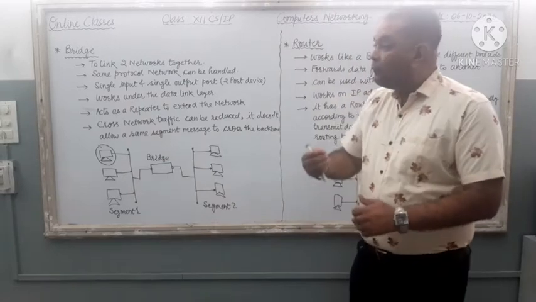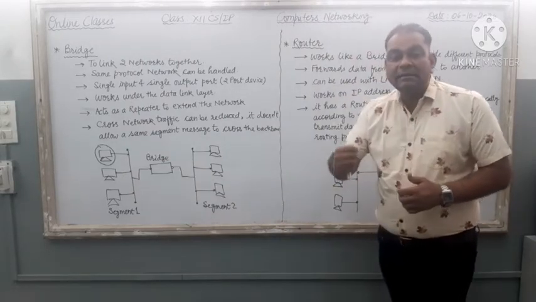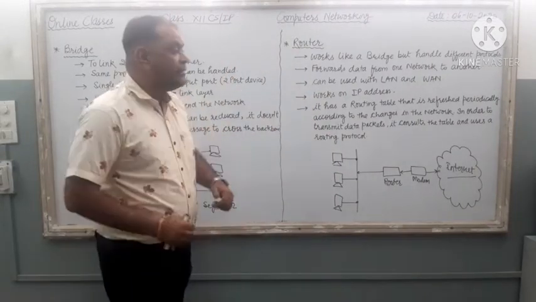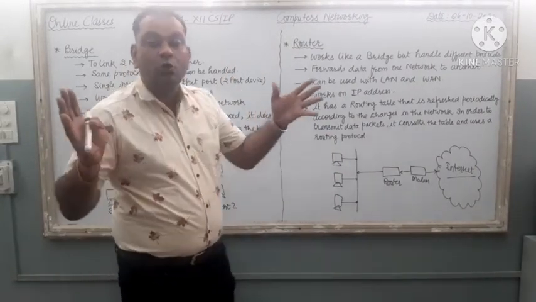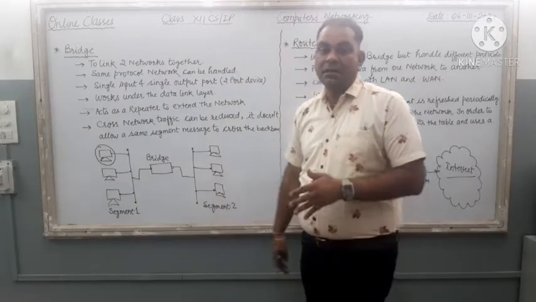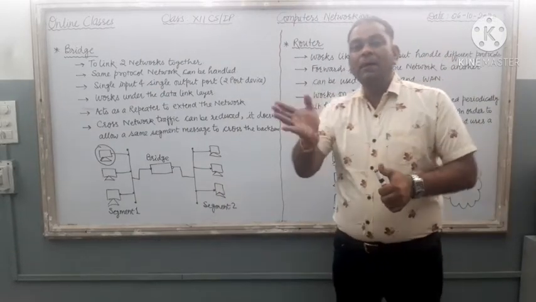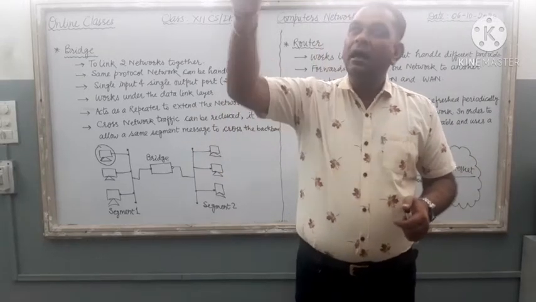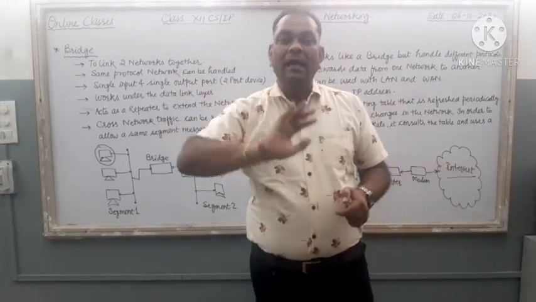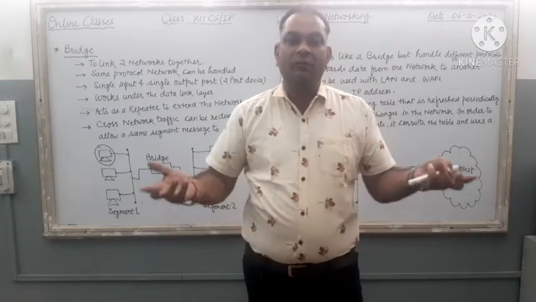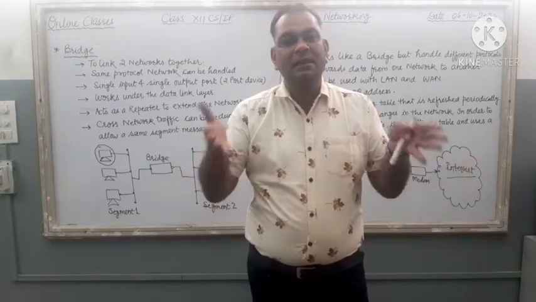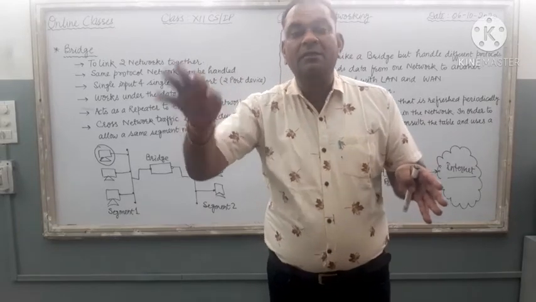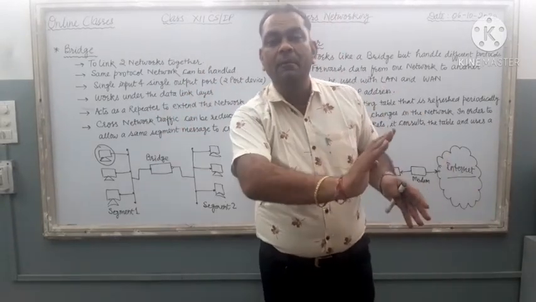We have discussed already about these different common networking devices. Here a few more networking devices are available in the market. By these devices we can connect two different networks with each other, right? Till now, hub and switch, right? If you connect computers in a room by using star topology, we just place a hub or switch in the room, and by using it we connect these different computers with each other.